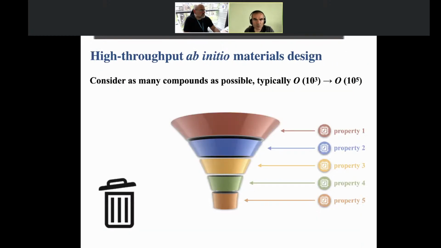We take 1,000 to 100,000 materials, and we compute different properties of these materials, trying to see if the materials meet the criteria. Typically, we have a given property number 1. If the material has the good property, it passes to the second level, and we compute the second property, and so on and so forth, until it meets all the criteria in terms of the properties that we want.